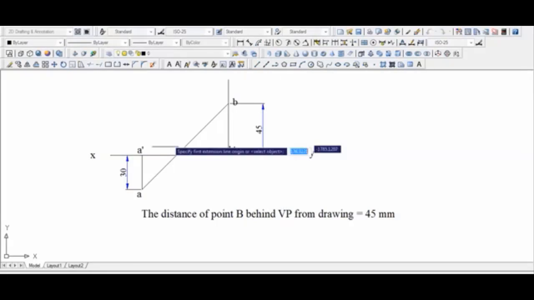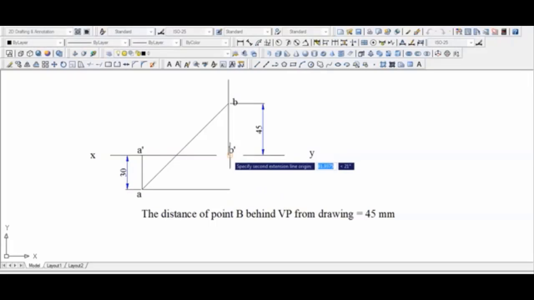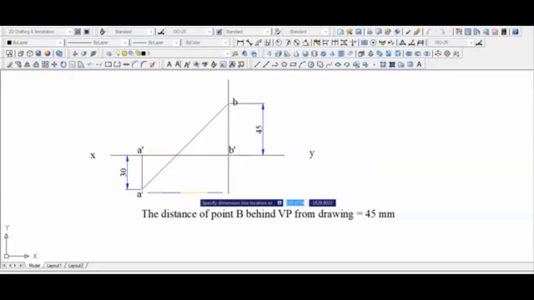Is there anything left as far as dimensioning is concerned? I guess there is a little bit of scope for dimensioning. This is 75. Well, that's